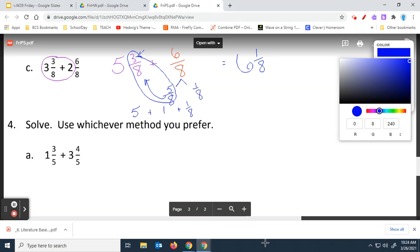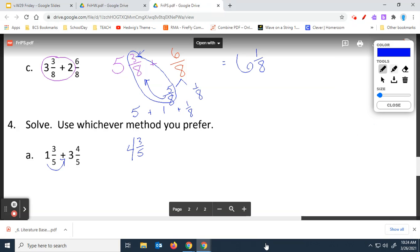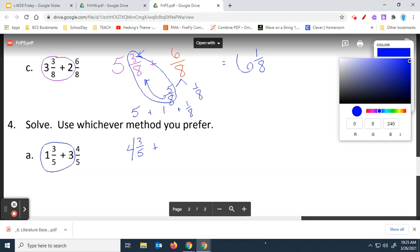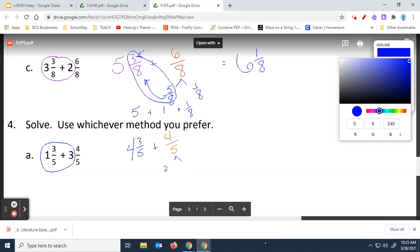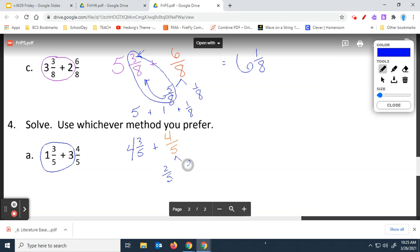On question 4, you can solve using any method you like. Now, I kind of like adding my whole numbers and leaving this first fraction alone. To me, that makes a lot of sense in just the way we're organizing the problem. If that does not work for you, that's okay. But I think in my head, solving 1 3/5 plus 3 4/5 is really easy. Because I'm just adding the whole number to this part of the equation. So I got 4 3/5. Then I have to think, well, what would it be if I added 4 more fifths to that? And I go, well, this one only needs 2 more fifths to make another whole number. So if I break that 4/5 into 2/5, and there'd be 2/5 left,